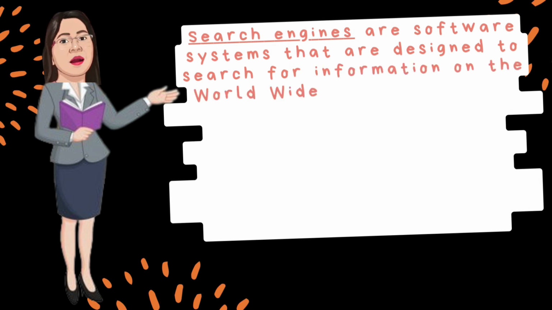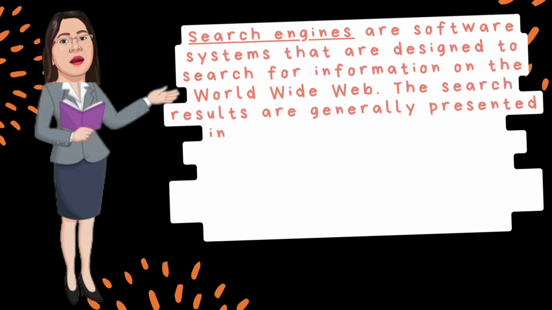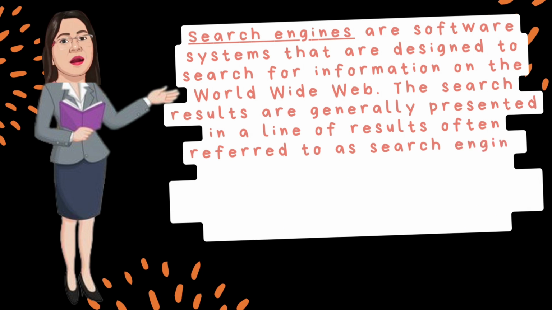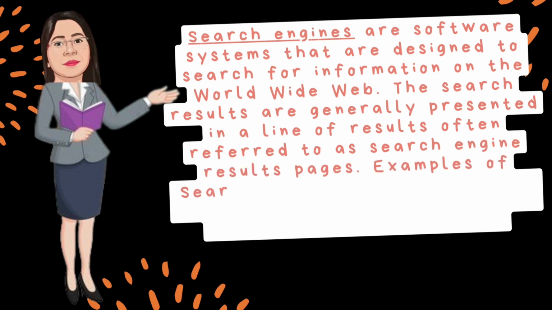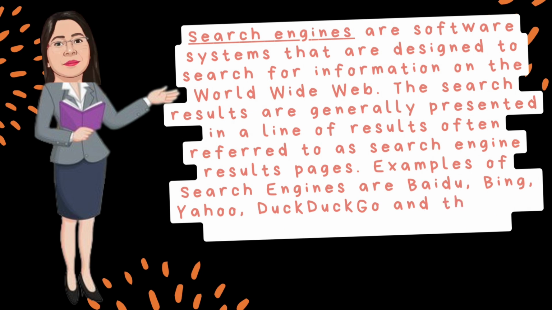The search results are generally presented in a line of results, often referred to as search engine results pages. So again, we have these examples: Baidu, Bing, Yahoo, DuckDuckGo, and the most recognized engine, or the most famous, is what we call Google. Google is the most known